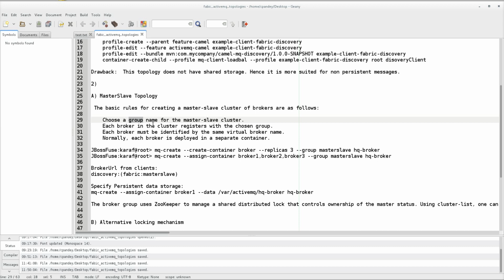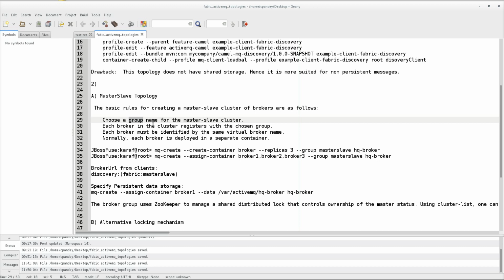For that group, some brokers will be registered. Let's say I have created a Middle East group, and in Middle East we have customers in two countries, let's say UAE and Saudi Arabia. In Middle East I will register both these countries, and in Asia Pacific I have India and, let's say, Malaysia. So I will register India and Malaysia in APAC. Let's say these are brokers, India and Malaysia.